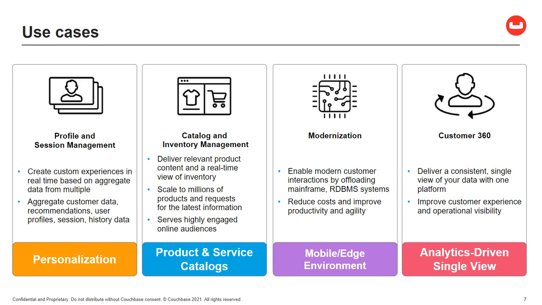And the last one is Customer 360. You may not have heard this term before, but it's a way to build a single view of a customer, however you define that, from multiple different systems, right? So if you have, say, 15 different systems in your enterprise that all have one piece of information about a customer, you can pull all that data together into a flexible database like Couchbase and get a single view of that customer. So instead of waiting hours or days, possibly, to move data around, you can get that data in one place immediately.